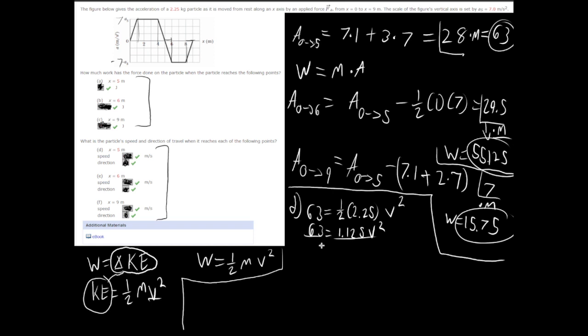Divide both sides by 1.125, so 63 divided by 1.125 is 56. 56 equals V squared, square root both sides, and we get velocity equals 7.48. Okay, that's D. And the direction,